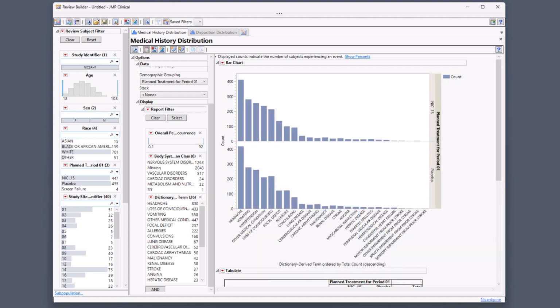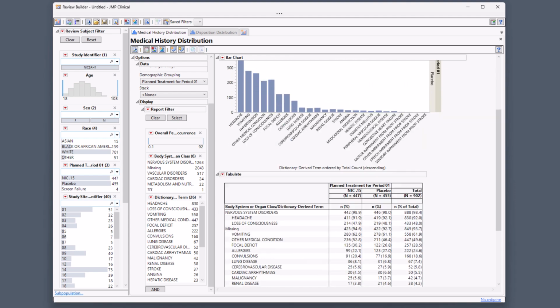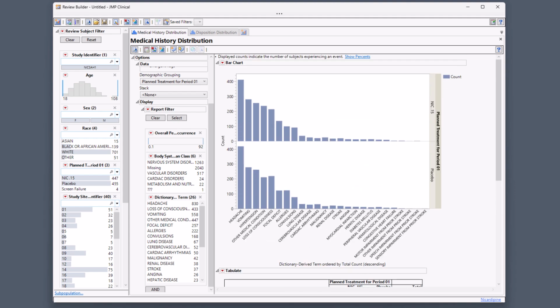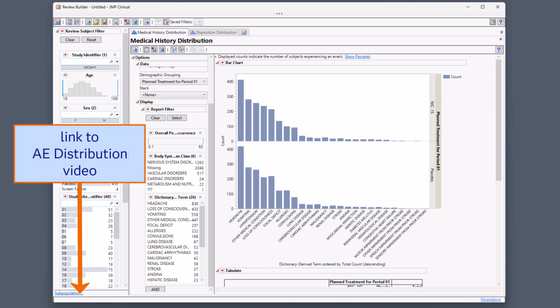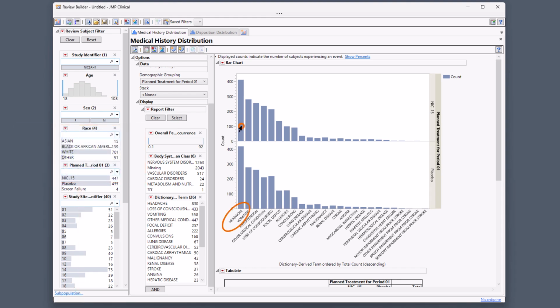Like the Adverse Events Distribution Report, the Events Distribution Reports consist of a bar chart and a summary table in the Tabulate section below. You can watch the Adverse Events Distribution video for more details about interpreting and interacting with this output, including features like JMP's dynamic linking,